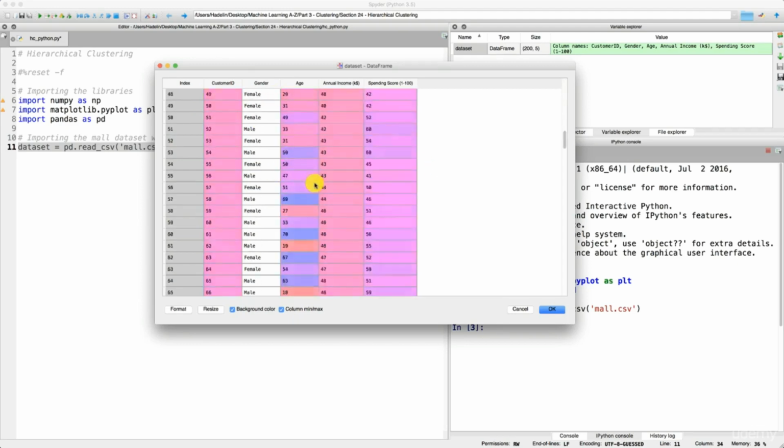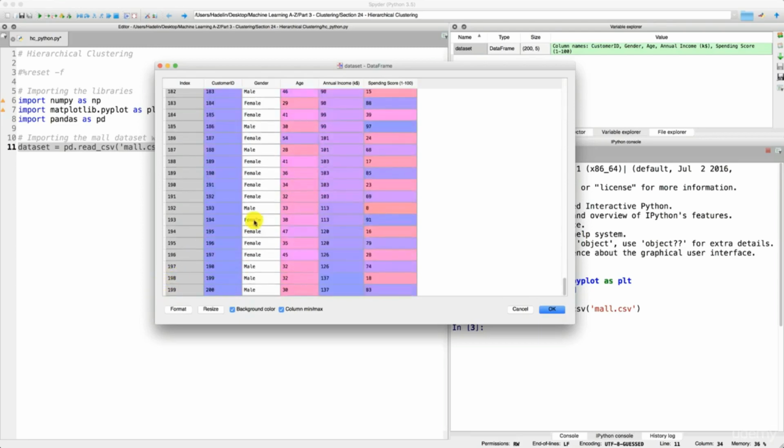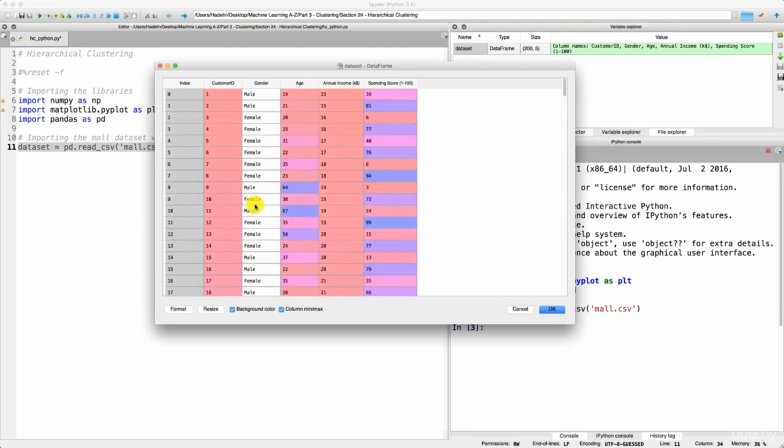And the mall gathered some information of 200 of their customers, which are customers that not only subscribe to the membership card, but customers who are also coming very often to the mall, so that it's insightful information of their customers. Then the mall assigned a customer ID to each of these customers, and then from the membership form that customers filled in when they subscribed to the membership card, the mall took their gender, their age, and their annual